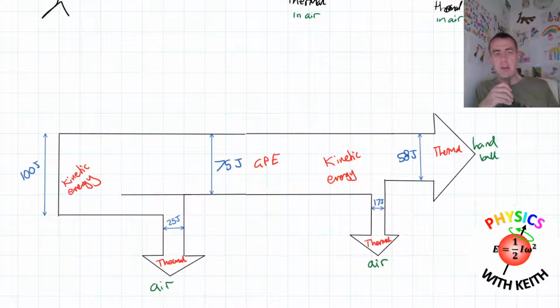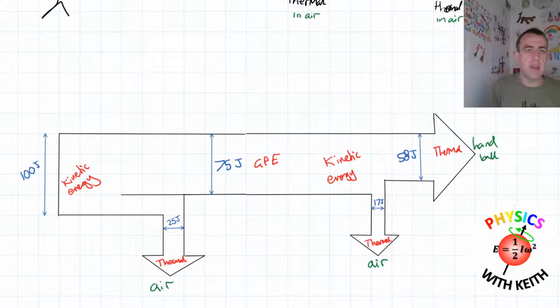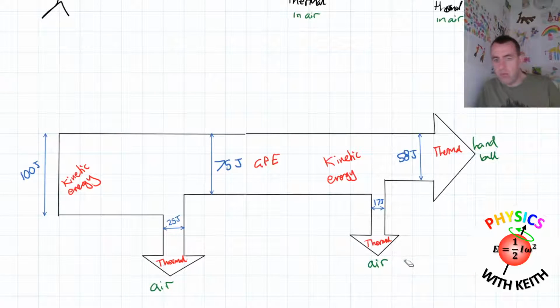So there would be a pretty typical Sankey diagram for throwing the ball in the air and then catching the ball, and where the energy is going. And you can see what we've got happening. The arrow gets narrower each time something gets tapped off. Thermal energy goes into the air, but that only happens when the ball is moving through the air, which is why all of the gravitational potential energy gets converted to kinetic energy, but then some of that kinetic energy very quickly gets converted to thermal energy.